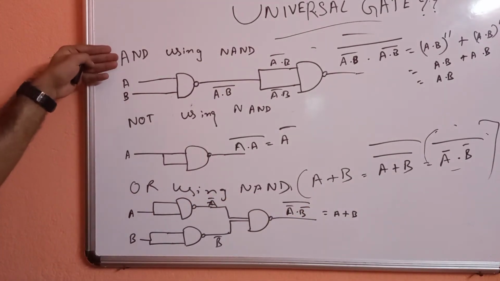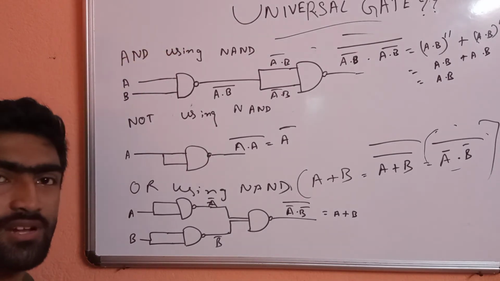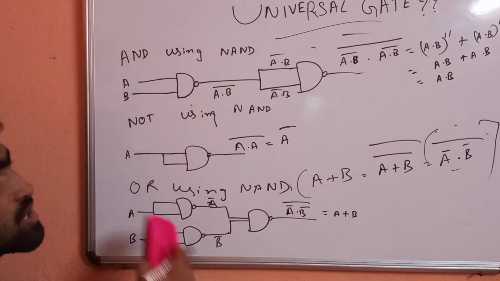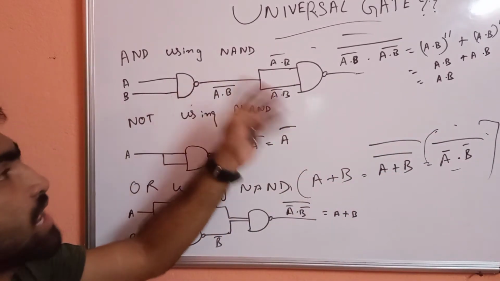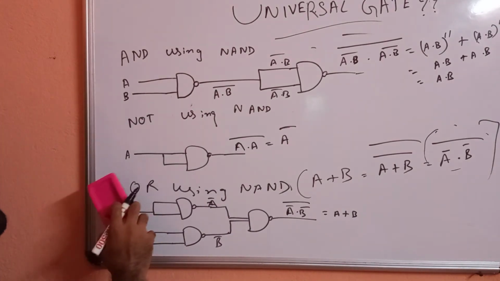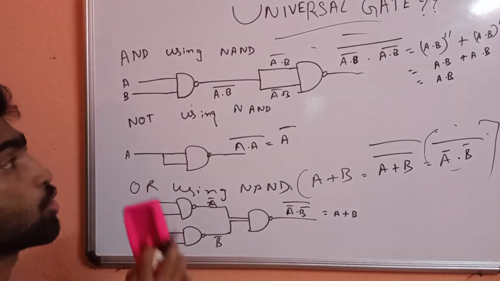We have got the three operations using NAND, and NOT and OR. What else is left? Everything is done. If an expression is given, we can clearly make the expression successful using NAND gate. Now we'll see how we can deduce AND, NOT and OR using NOR gate.